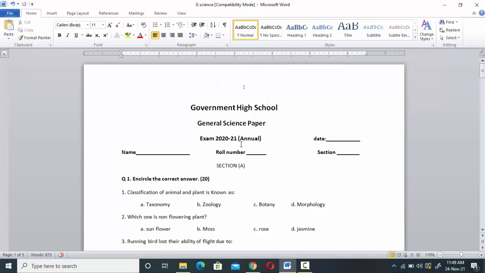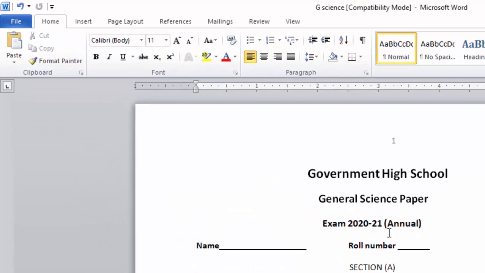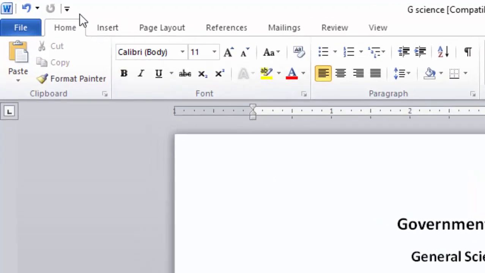In this tutorial, I will show you how to customize a quick access toolbar in an MS Word document. Now what is the quick access toolbar? This section is the quick access toolbar. Here, by default, there are two buttons: undo and redo. Now if you want to add some more buttons here in this quick access toolbar,